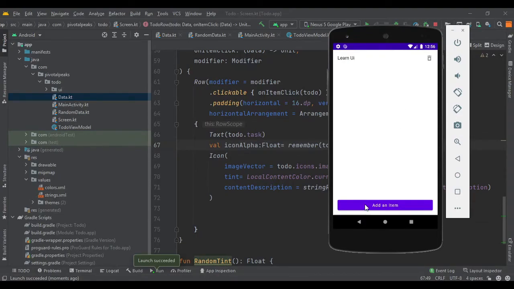Let's see if it stays like that. So yes, it was able to stay like that. So yeah, in this video we were able to learn how to save a state, and so that's it for this video.